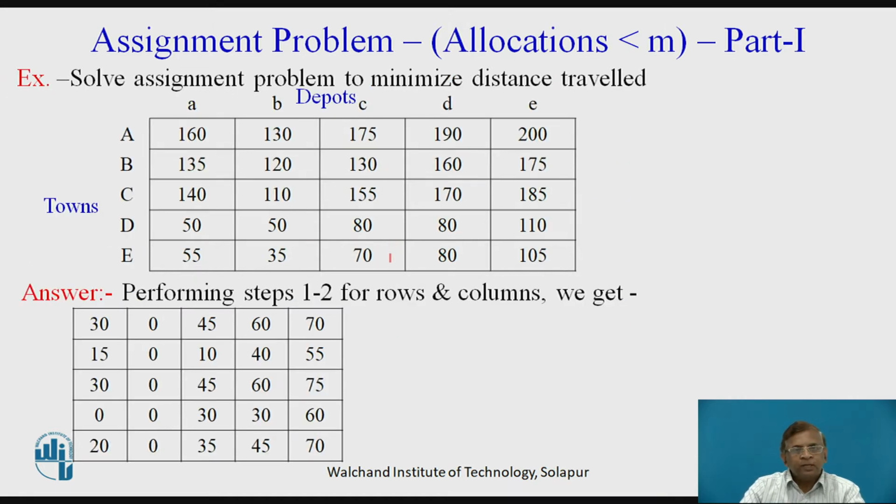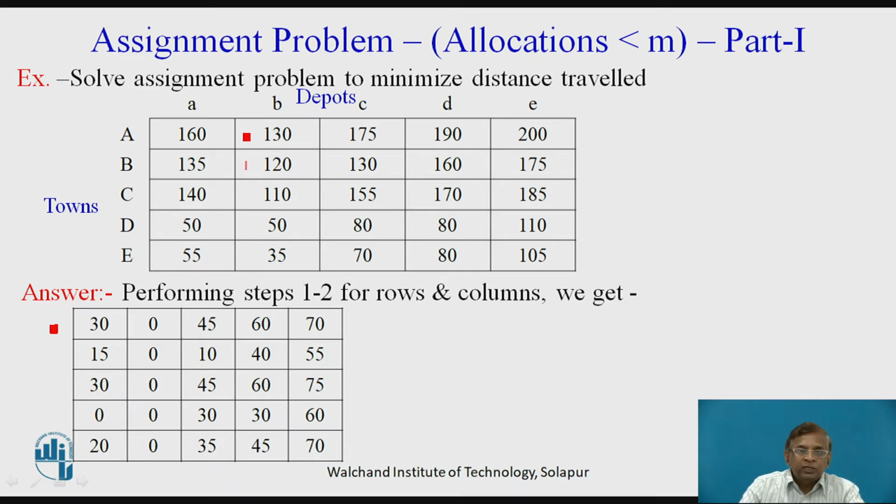Now here we have discussed the basic procedure in previous slides. As per that, we have to initially look at the least element of a row and subtract that from all the elements of that row. So in the first row, if you see, 130 is the least element that we have to subtract from all the elements of that row, and in the left bottom table we get the first row having done this calculation, that is 160 minus 130 we get 30, then 130 minus 130 is 0, likewise we get the first row.